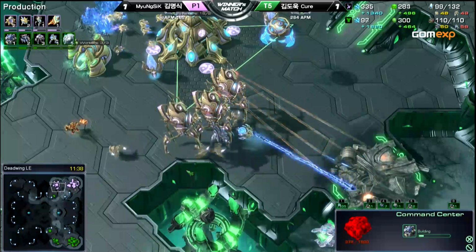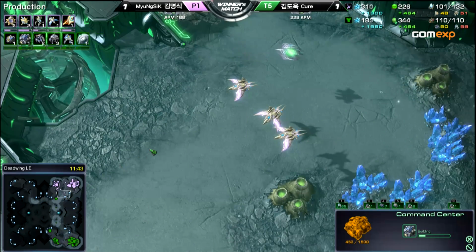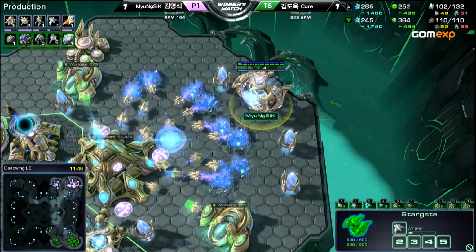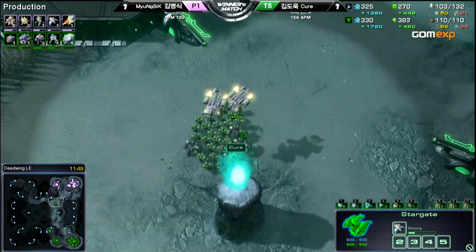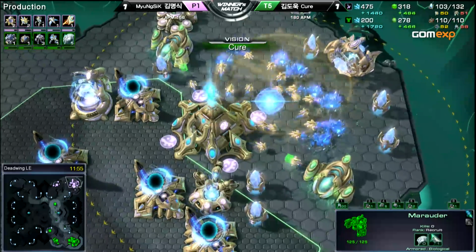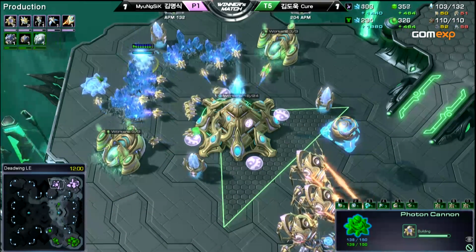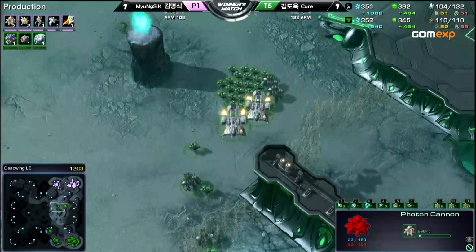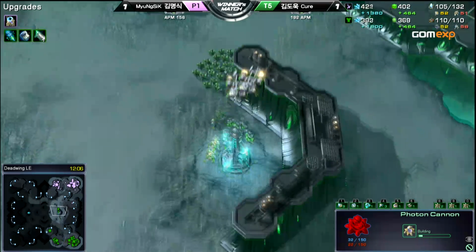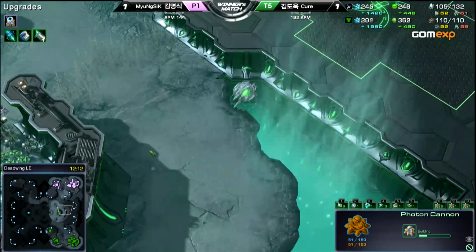So this game is actually taking a bit of a turn for the slower, as it's difficult for Cure to get in there with all these Phoenixes around. He could force his way in with an elevator, but while he's trying to do that, the Colossi are just going to have a field day. Yeah, and there's going to be 4 with range at that moment, so with the super heavy Marine lineup here for the Cure,